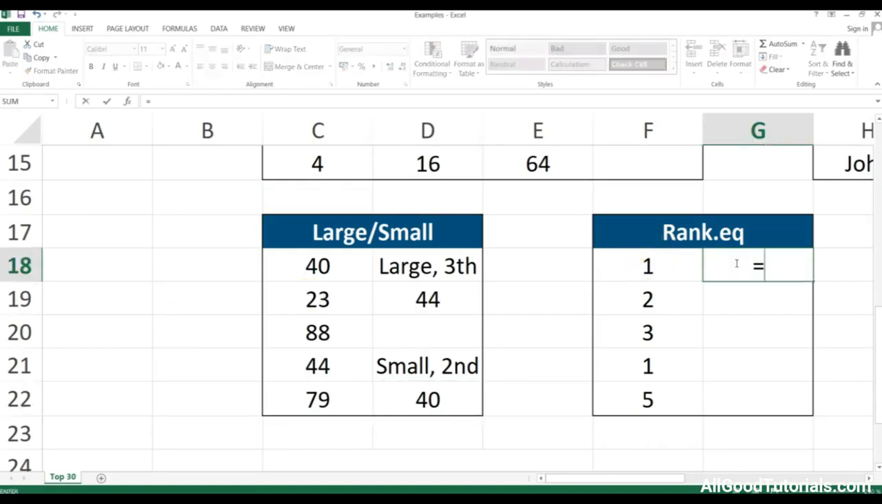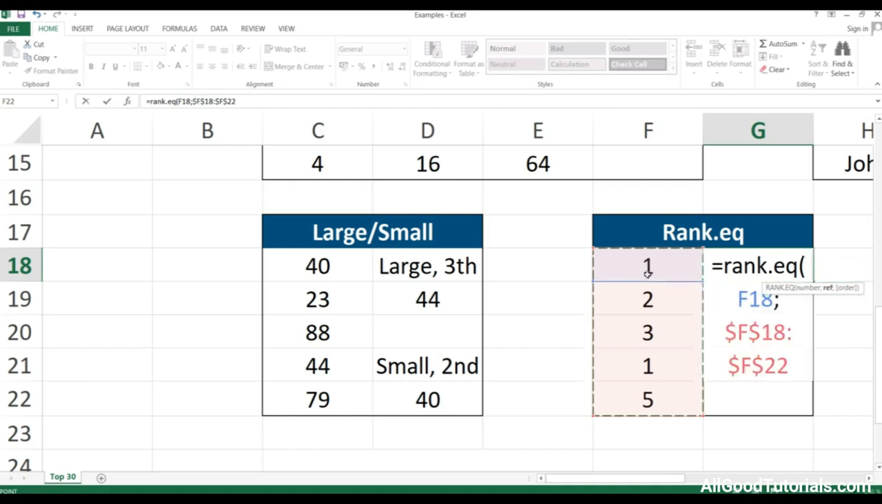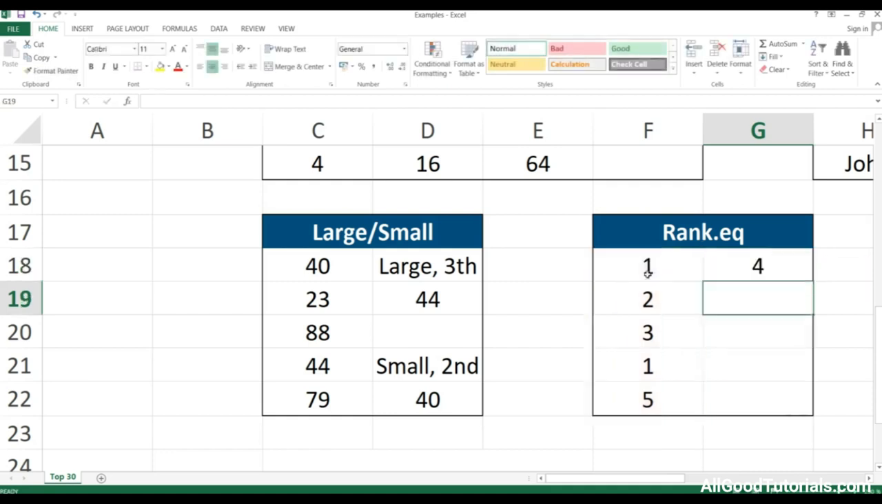Okay, so now RANK.EQ is this, and now we need, let's say, the number here, and we need the reference range. So this is the reference range, and I'm going to fix the range as well, so you can see. So this is the fourth largest value really within our